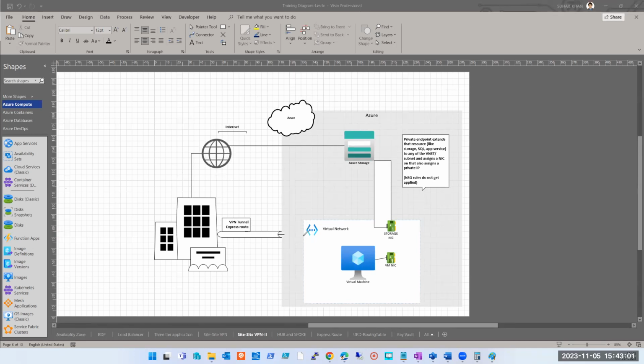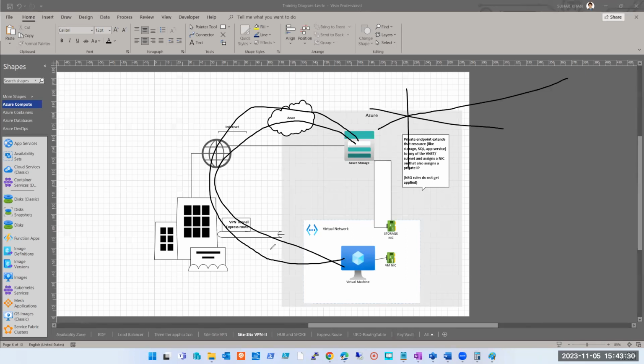If I select the second option, where I select one VNet and subnet, then what will happen? Only resources within this VNet and subnet can access my storage. But again, how? They are not going directly; they are also going over the internet. But what has changed now? No one from outside can access it now, because I selected a particular virtual network. So this is the difference between public and selected. But both of them are coming from the internet. Is it clear, guys?